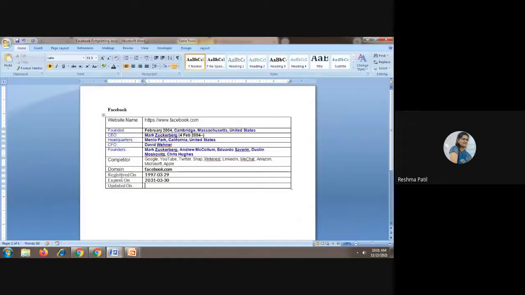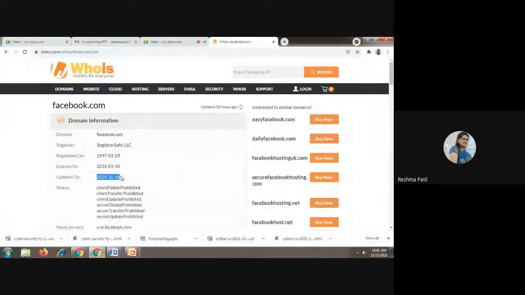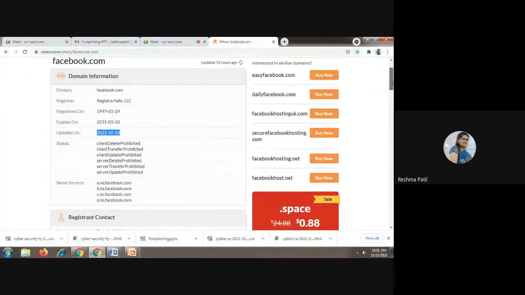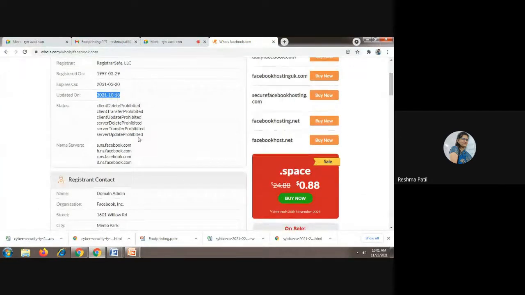Check which information is necessary, only that part you can take. Status. This is the status after updation. Client delete prohibited, client transfer prohibited. They have made changes in the website. Then server names are here. These are the server names.